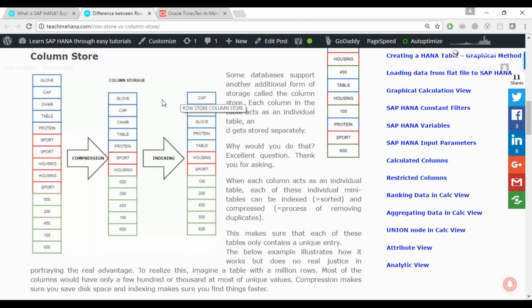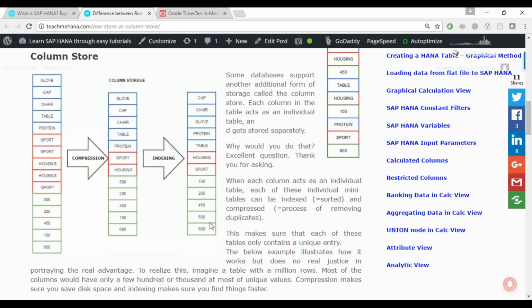What actually happens, in even more depth, is that I also assign a surrogate ID in front of these individual fields. So I assign a surrogate ID in front of this cap, and I assign it in front of each of these. At runtime, these surrogate IDs help me identify that cap had a category of sport and its amount was this.